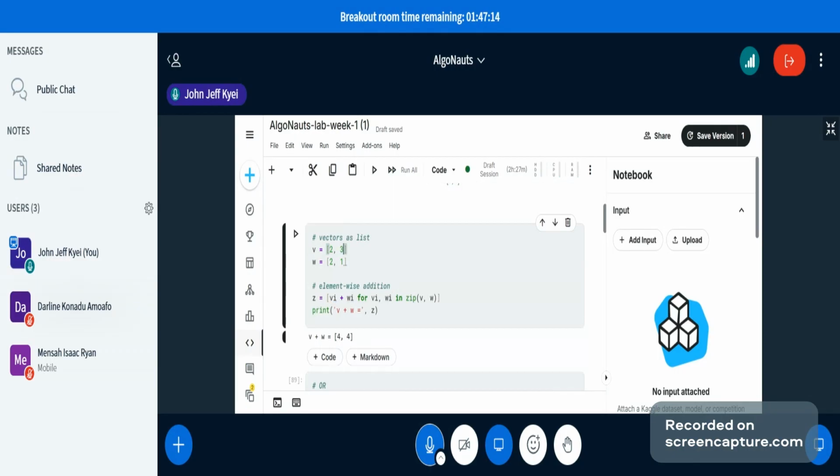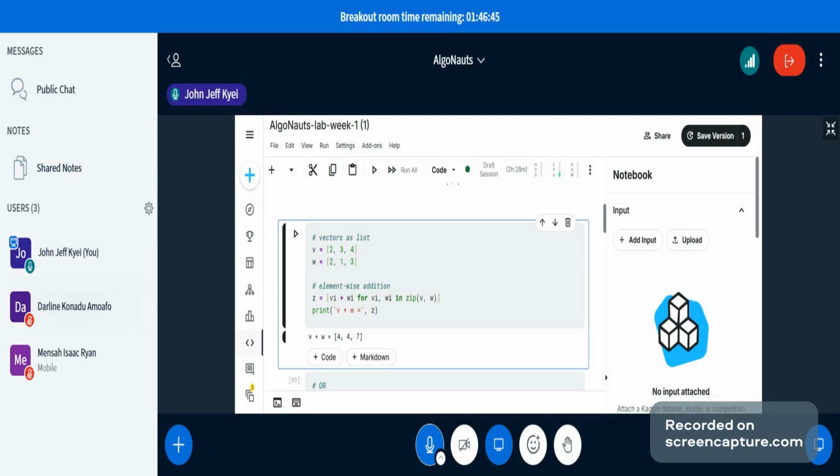Even if we increase the number of values and make this a 3D vector, it's going to add automatically, because the code accommodates an increase in length. That's why the for loop is here. For any value of v and w, we add element-wise,